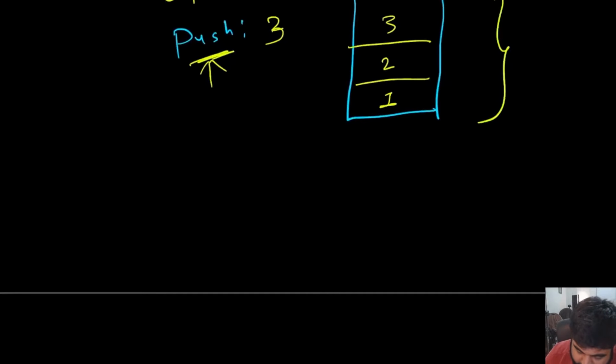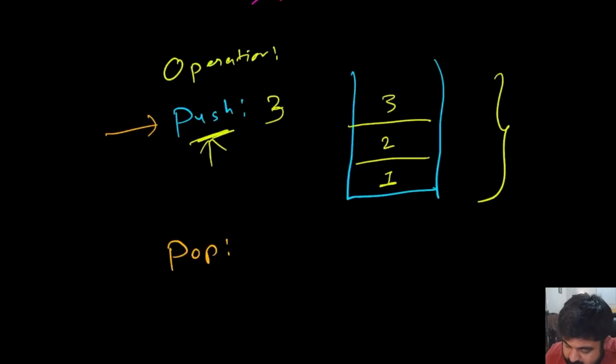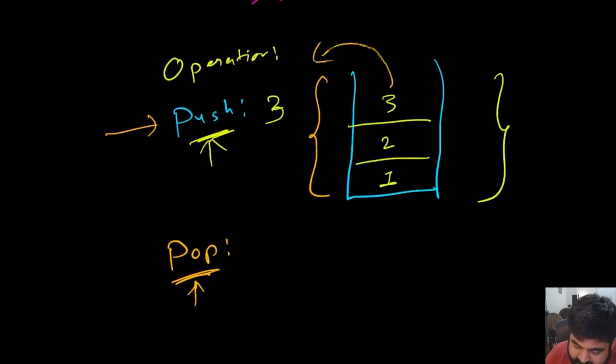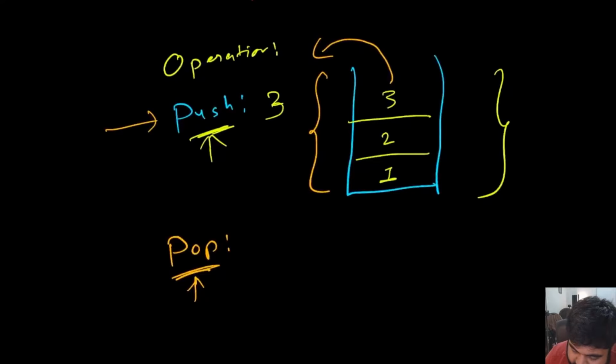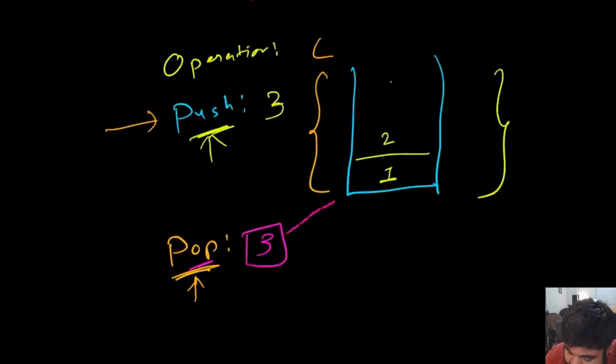So this is one operation, that is to add values to it. The second operation is to pop values out, or take values out. So pop means we are taking a value out. Let's say this is the current state of our stack and we decide to use the pop operation. The moment we use pop, it is going to pop the first element that is currently present. So in this case, 3 is going to come out. So we would have 3, but in the stack, we would not have value number 3, and the pop result would give us the value number 3, the element we popped out